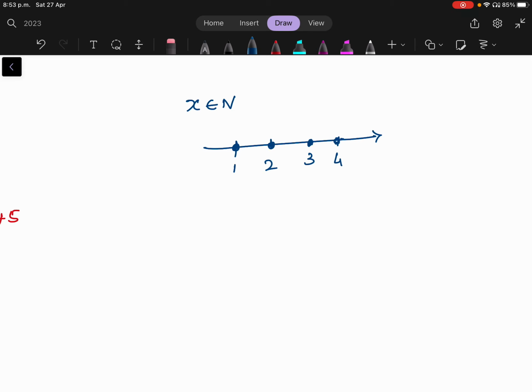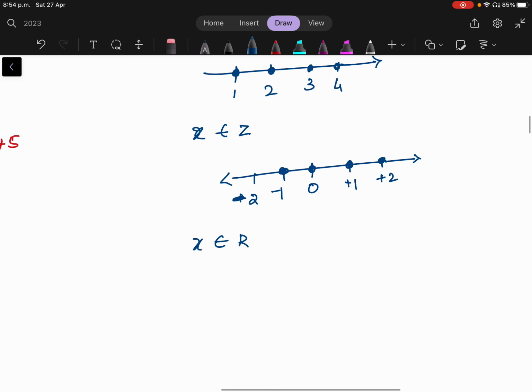And if x is an element of Z, which is the integers, there you have positive and negative numbers. This is plus 1, this is plus 2, this is minus 2, and the arrow should go to both sides, and you just put dots like this. Now when x is an element of R, which is the real numbers, what you do is 0,